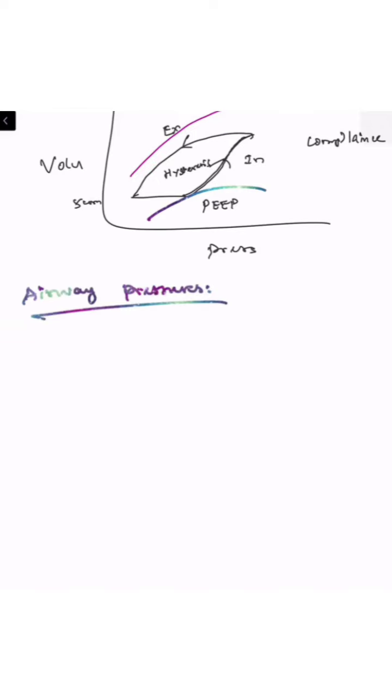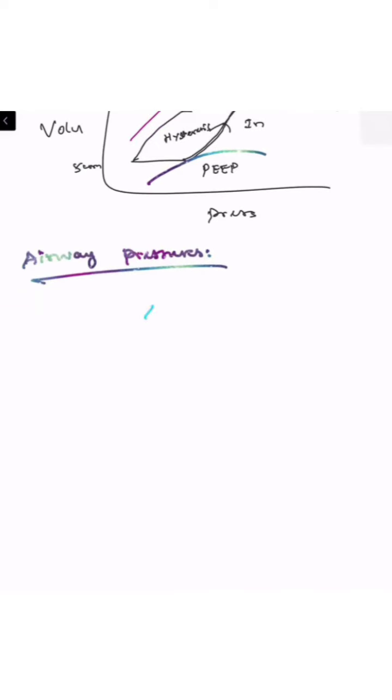So what is the link between the pressure? Delta pressure is equal to airflow into resistance. So in airflow, whenever there is a rise in the airflow, you will get a rise in the delta pressure. But the resistance is calculated by the formula of 8 rho NL divided by R power 4.